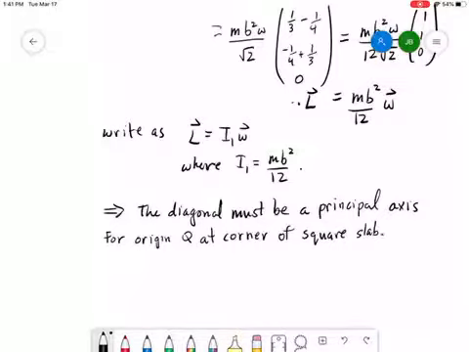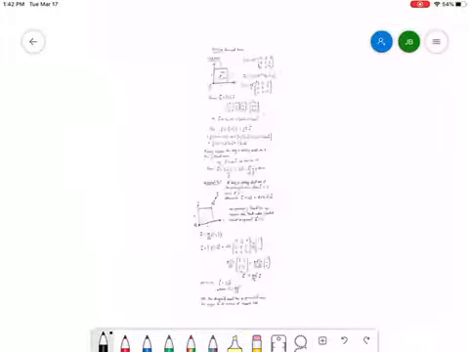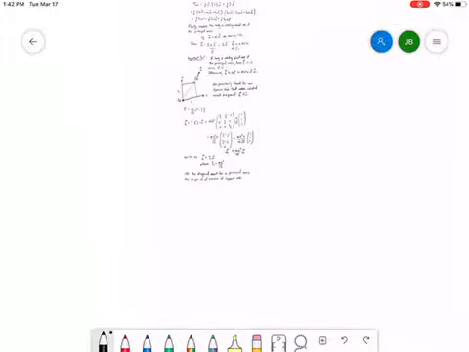Okay, so we kind of, almost by accident, have found one of the principal axes. If we could actually identify a second one, then we would know all three of the principal axes because they have to be mutually perpendicular. So if we have two of them, there's only one choice for the third, and we would know everything. Okay, so let's see if we can check